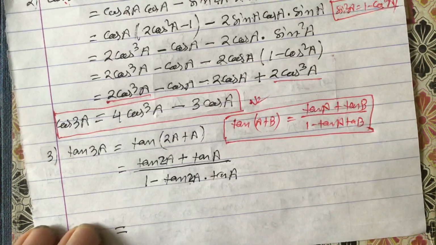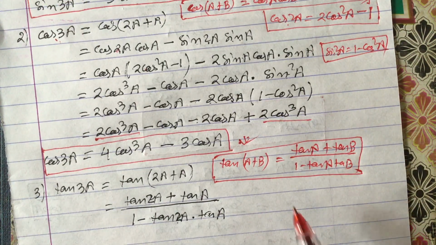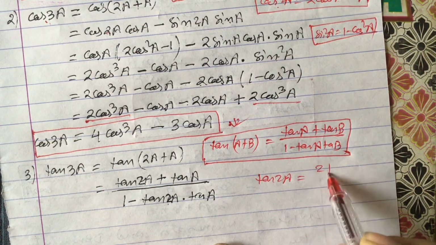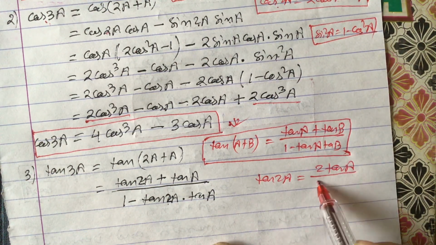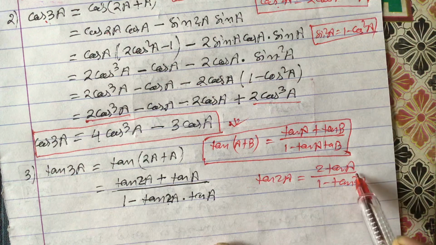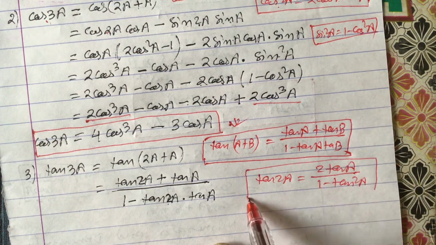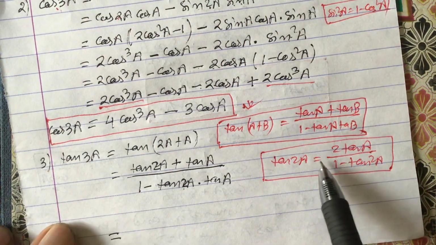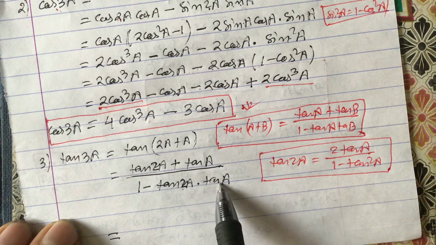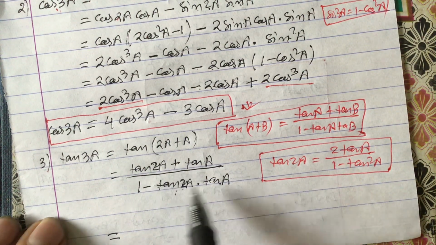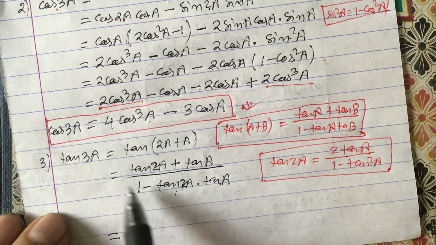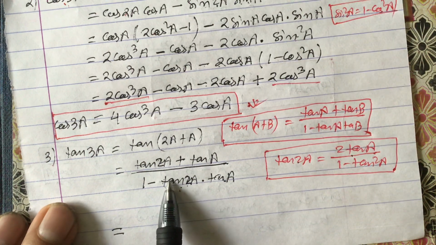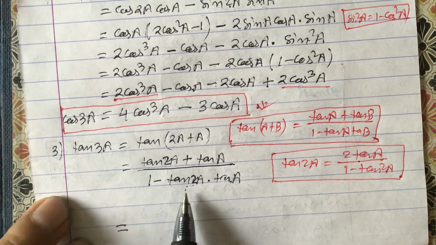For this there is again a formula, the tan 2A formula. In multiple angles we have already derived this formula. Tan 2A is 2 tan A divided by 1 minus tan square A. This formula we derived in multiple angles. If you put the formula of tan 2A here and here, and then simplify, you will get the formula for tan 3A. Simplification part you need to see, and then the cot 3A formula you will derive yourself. I will leave that for you as homework.